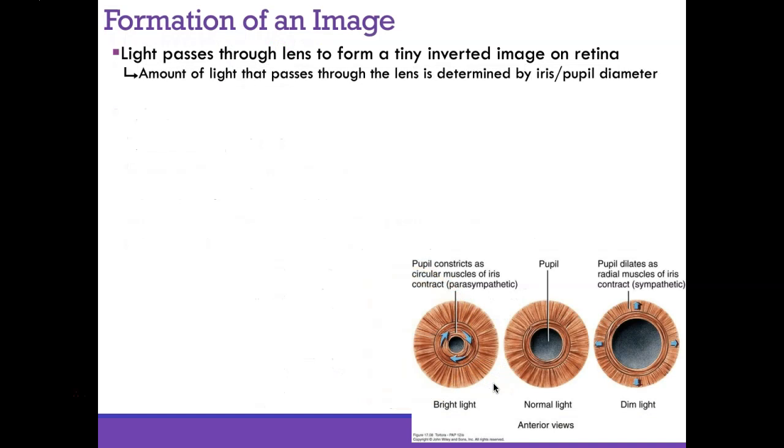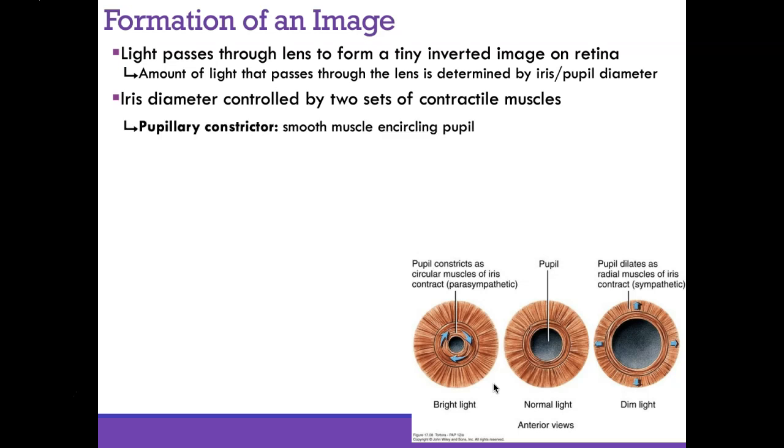So, how does an image form on the retina? We said that light has to pass through the lens to form a tiny inverted image on the retina. And we said that the amount of light that passes through the lens is determined by the pupil diameter. And the pupil diameter is controlled by the iris. There are two sets of contractile muscles that control the iris. There is the pupillary constrictor,